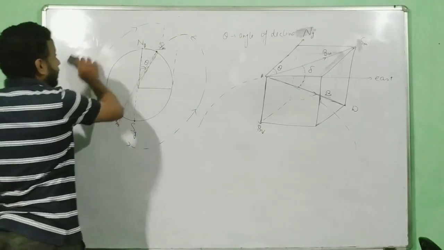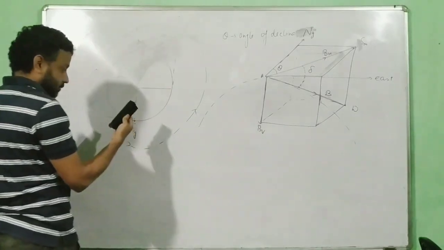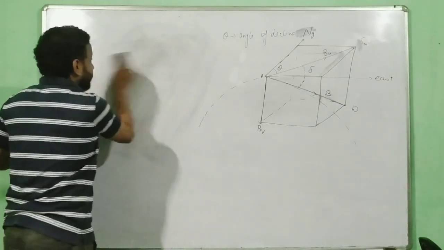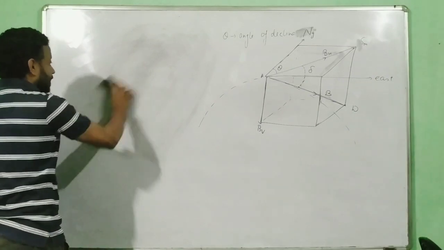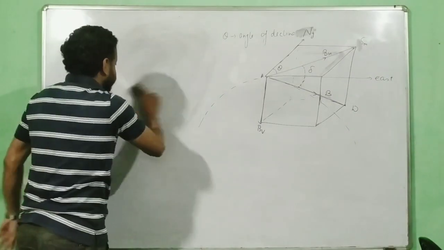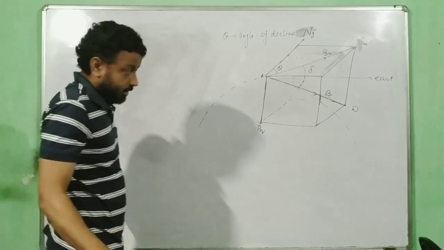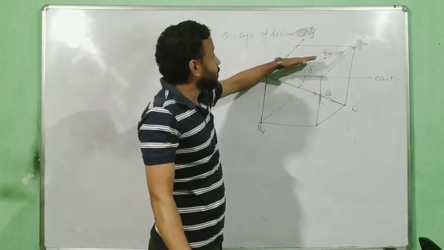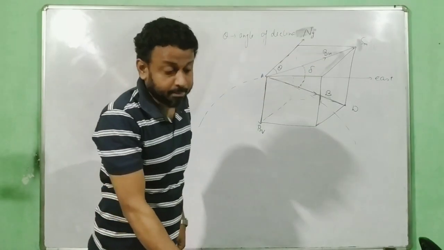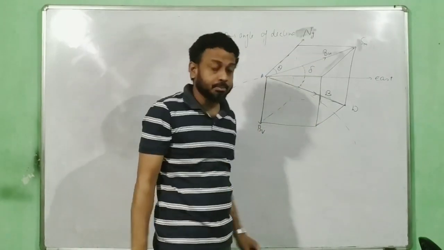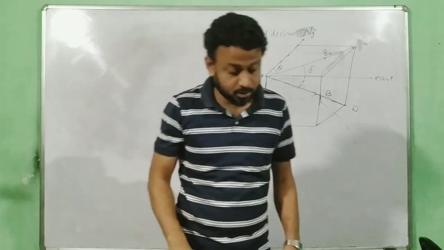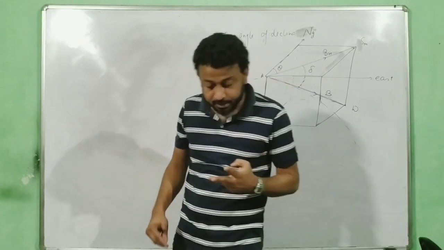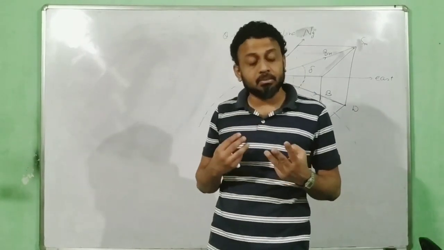Moving ahead. So what is the angle of dip? Angle of dip is defined as the angle between the field and the horizontal direction on the magnetic meridian. That is how we define angle of dip, which you can also find in the book. So you have to know three definitions. These three definitions are very much repeated in the board exam.